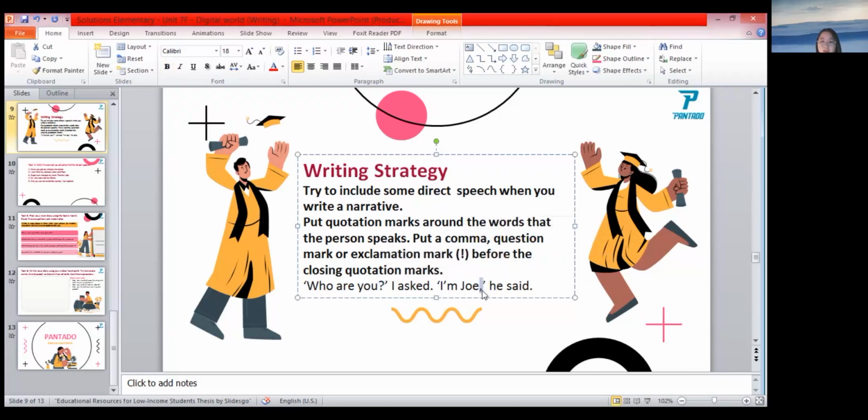The comma is here. And this is the quotation mark. So when we want to write a narrative, we have to use direct speech, and we use the quotation marks, the comma, the question mark, or exclamation mark to show that these are the words of the speaker, not